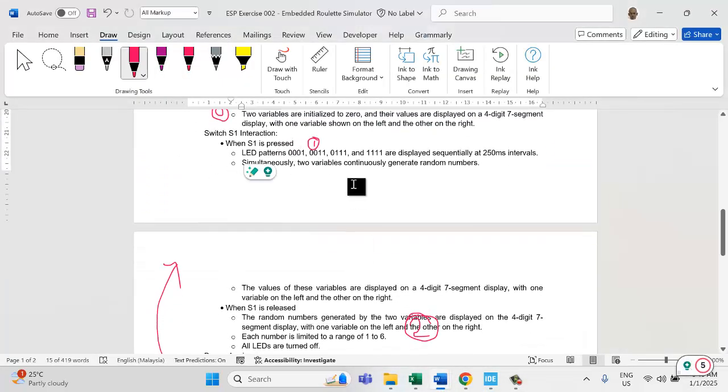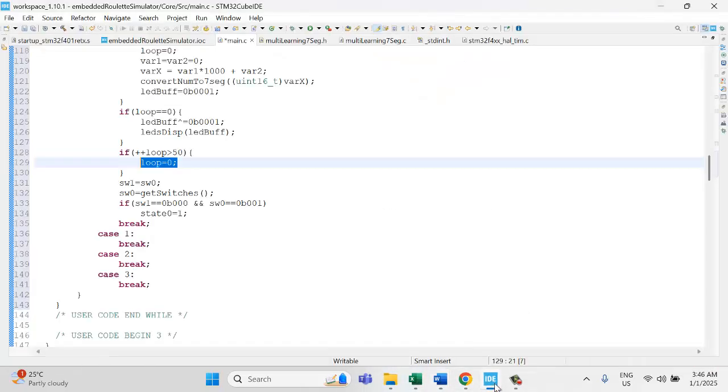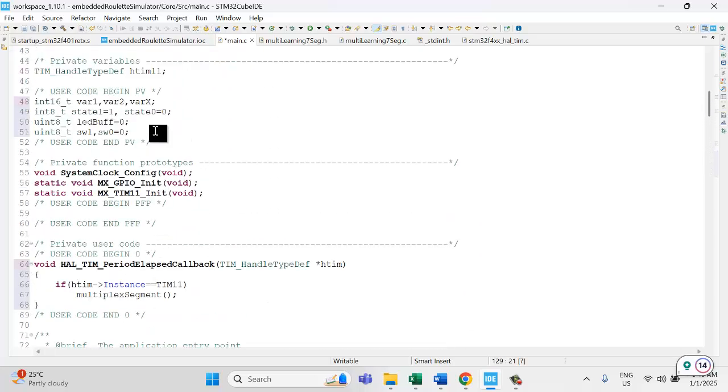So now in state 1, the first thing first, the 200 milliseconds, the LED will toggle, right? So we have 4 LED patterns. So I place it first here, PB, constants, uint8_t, right? So I name it array, whatever, array equal